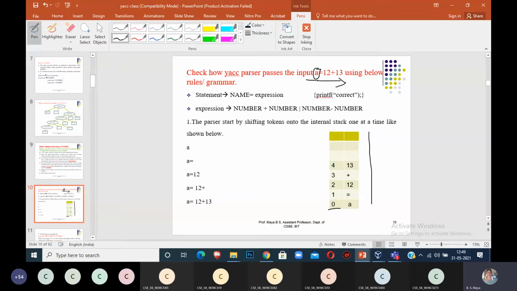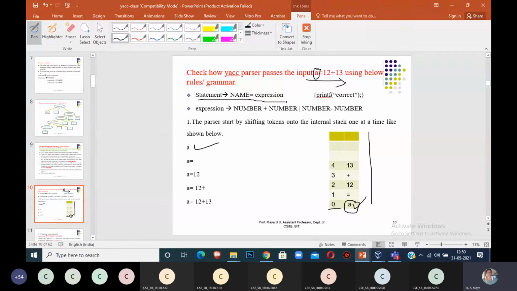When the input A is read, the first step is you have to shift it onto the stack, because nothing is in the stack. The stack is empty. Then I have to shift my first input into the stack, that is A. I am shifting A into the stack. The top position is 0. After reading A, you have to observe that A is a token, a terminal symbol. Do you have any production for replacing only A from the head of the production?